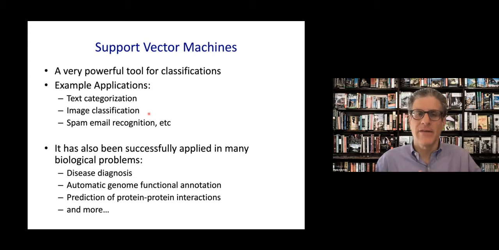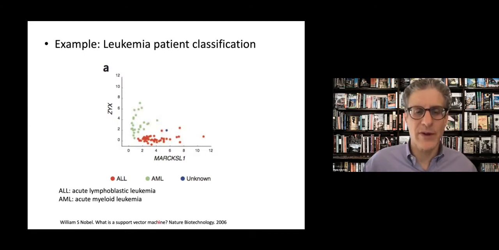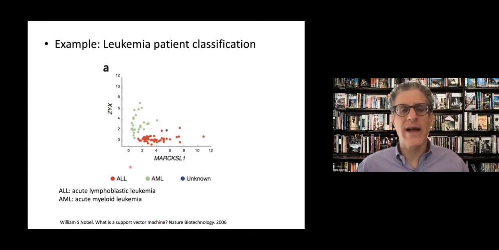So this is a very popular method. It's used in all sorts of areas. Obviously, in addition to bioinformatics, it's used in text classification, image classification, whatever. It's very common in bioinformatics, used in, say, gene expression analysis to make classifiers and so forth. And also it's used in various genome annotation tasks. So I'm going to show you a gene expression example here, and this is from this Nature Biotech paper from Bill Noble. So here what we have is